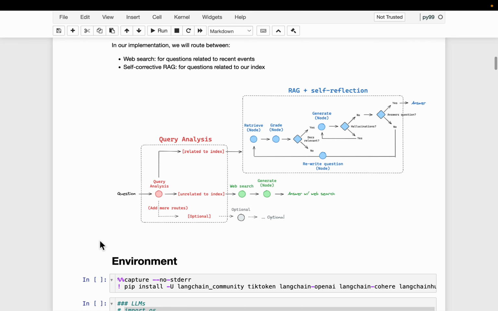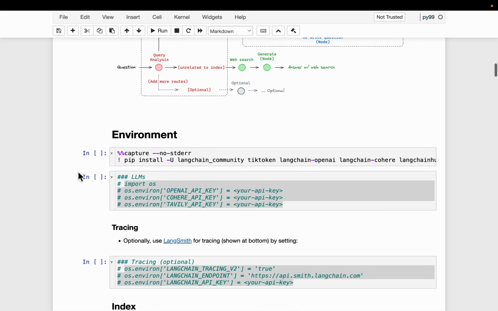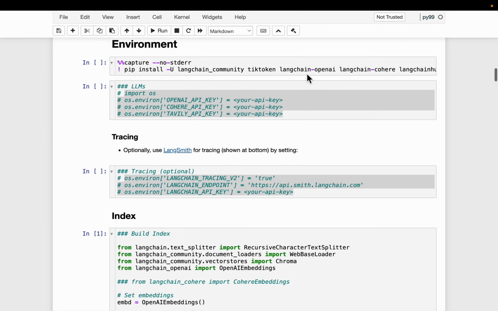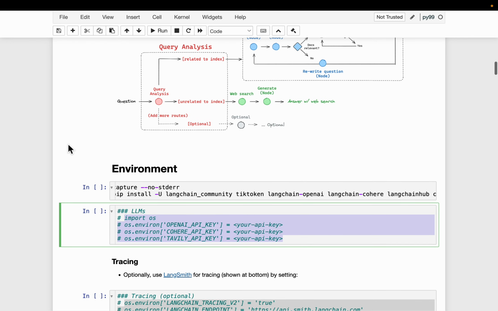Now let's see how to implement this using LangGraph, which is a new capability from LangChain. Some standard libraries. I'm going to use OpenAI, but you can use any open source LLM as well. We don't need this Cohere, but in this example, if the question is not relevant to the index, we are going to do web search.